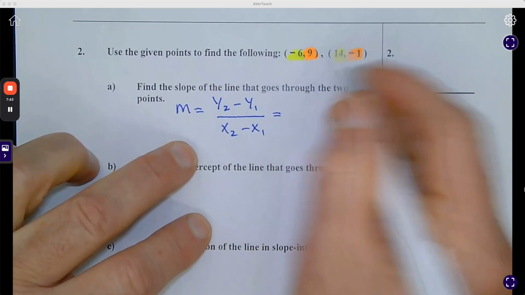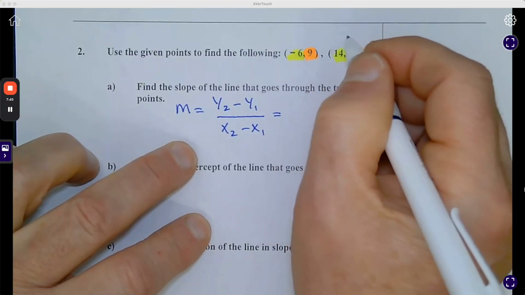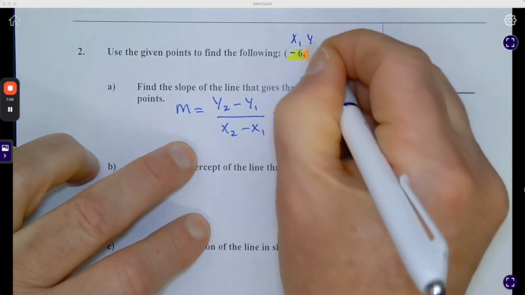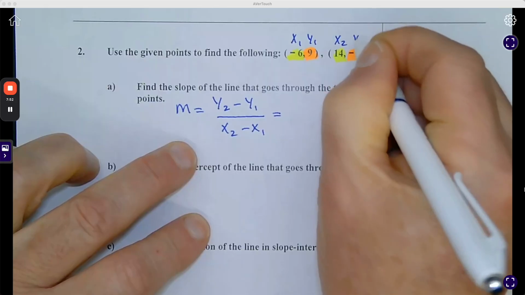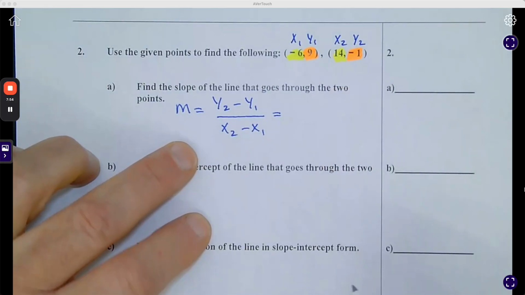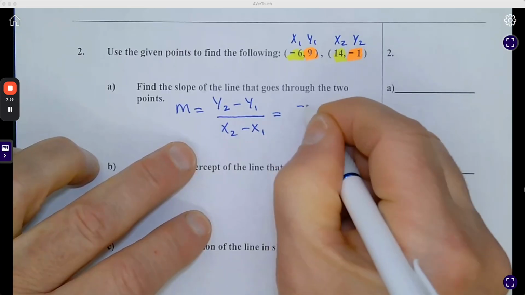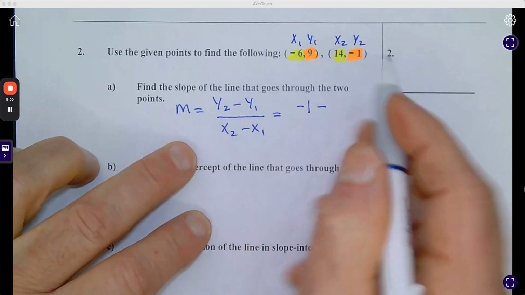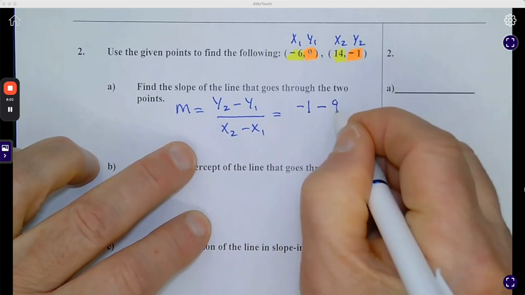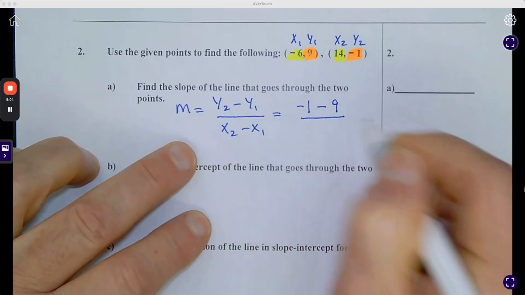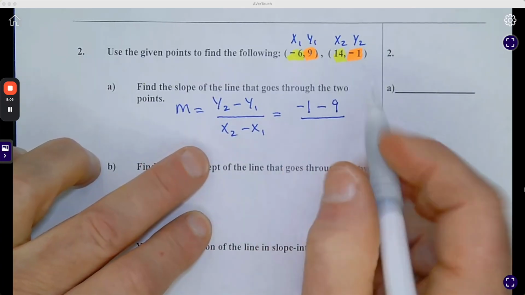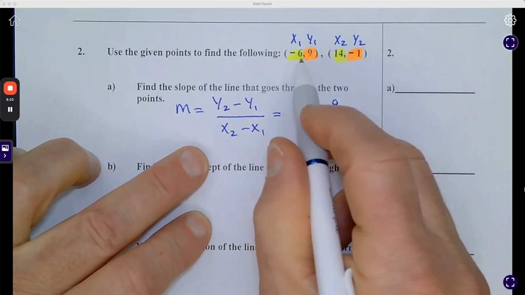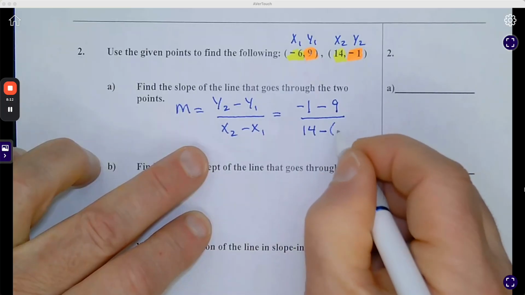So this time I'm going to start, well, it doesn't matter. But I'm going to go x1, y1, x2, y2. So y2 is -1, minus, that comes from here, and then that's a +9. So I'm subtracting a +9. Now I'm going to start with my x2, that's 14, minus, now this is where it gets tricky, because you're subtracting a negative,